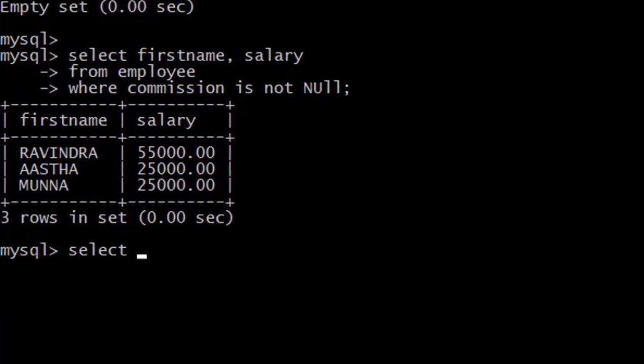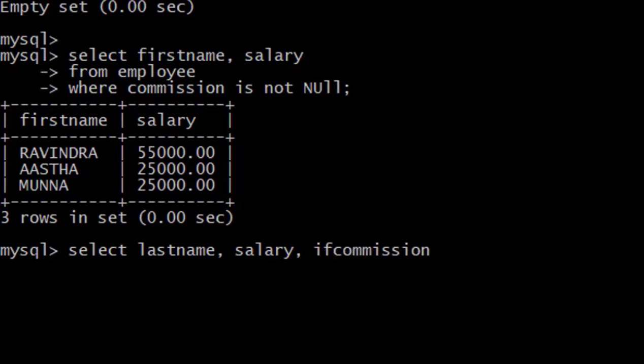Select last name, salary, then commission. But here in place of commission, if an employee is not receiving any commission, in that case we have to display no commission. So I'll use this function.